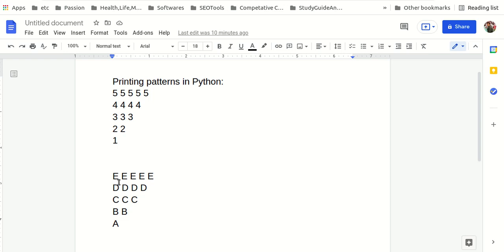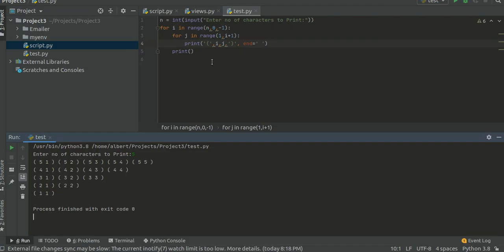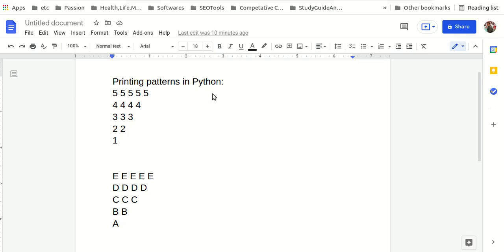We want the ASCII value of E over here, and E and A. So what we can do, and it should remain constant.